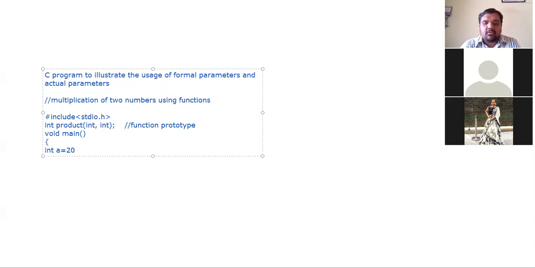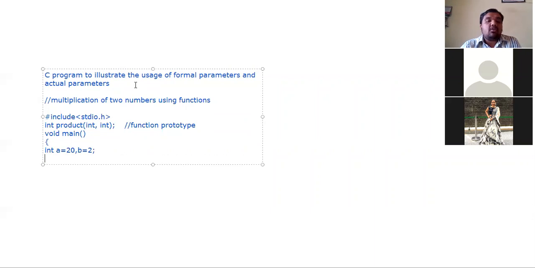Int a is equal to 20 and b is equal to 2. Instead of writing printf and scanf statements, I have written directly. What is this called? First module, second chapter. This is called direct initialization.